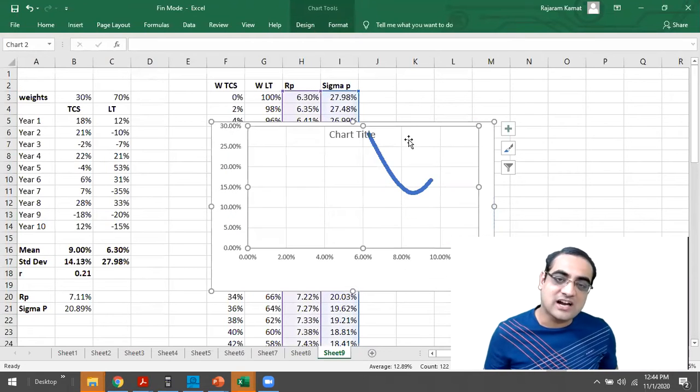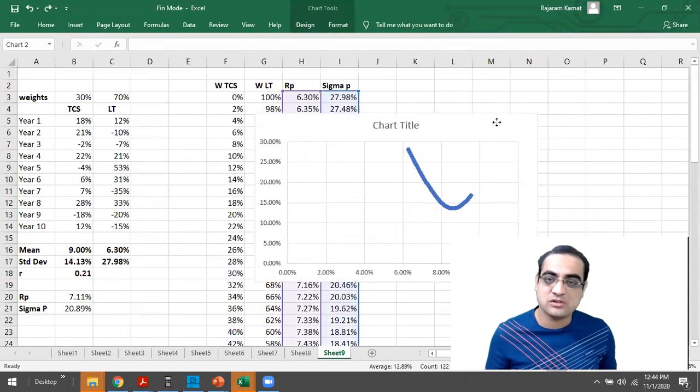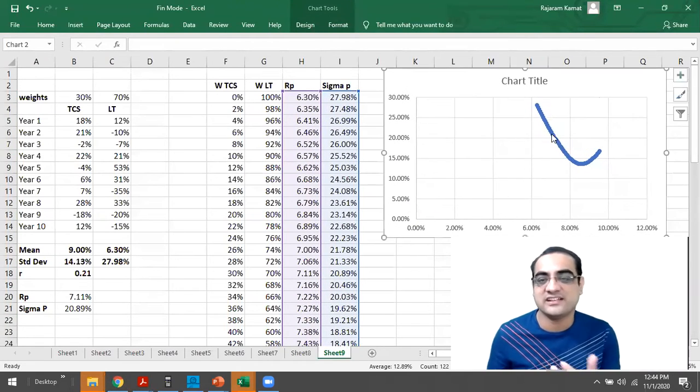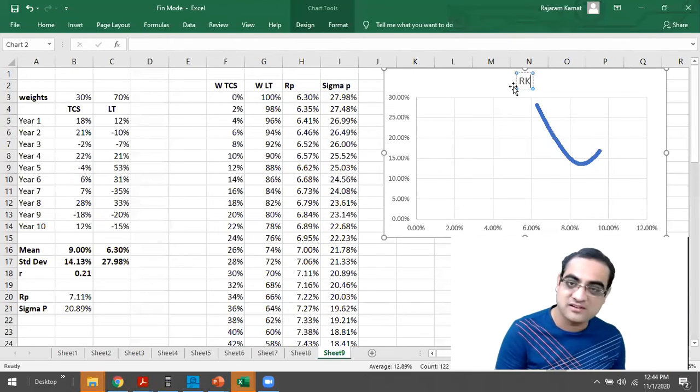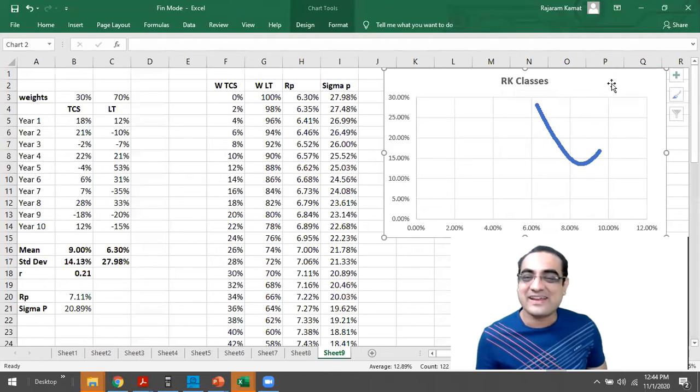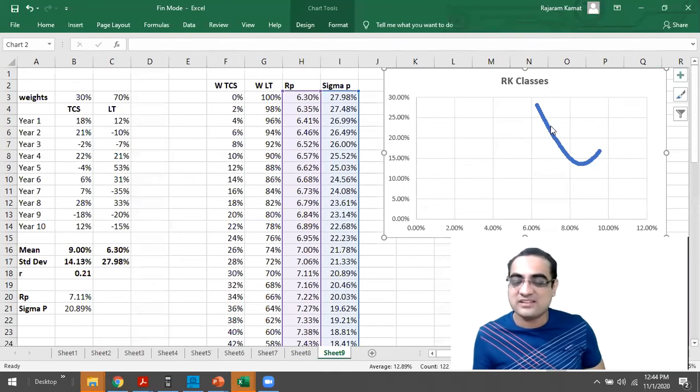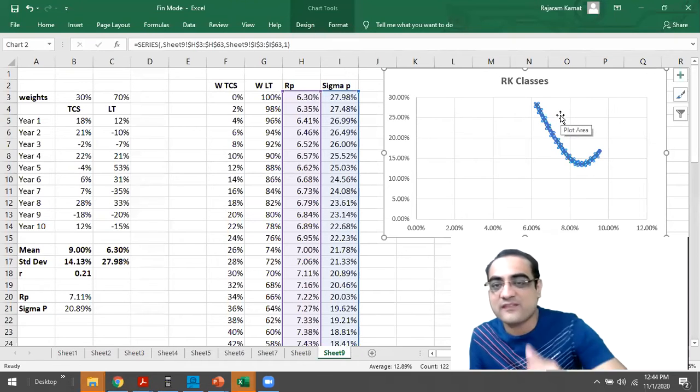Okay, तो इसमें वो chart, sorry, वो chart का title नहीं आ रहा है, series का नाम नहीं आ रहा है. So that's a little weird way of putting that. So I'll put the chart title, RK classes. Okay, so that's the chart title. Okay, और ये series का नाम आना चाहिए. तो series का नाम है MV Frontier. So ये series का नाम भी नहीं आ रहा है. मतलब series मतलब वो graph का नाम नहीं आ रहा है.